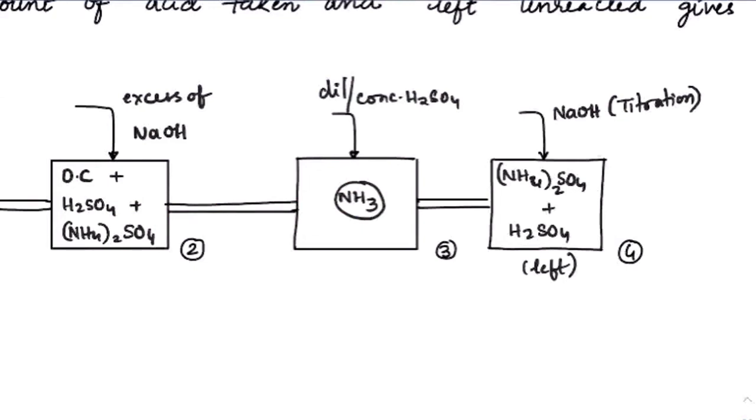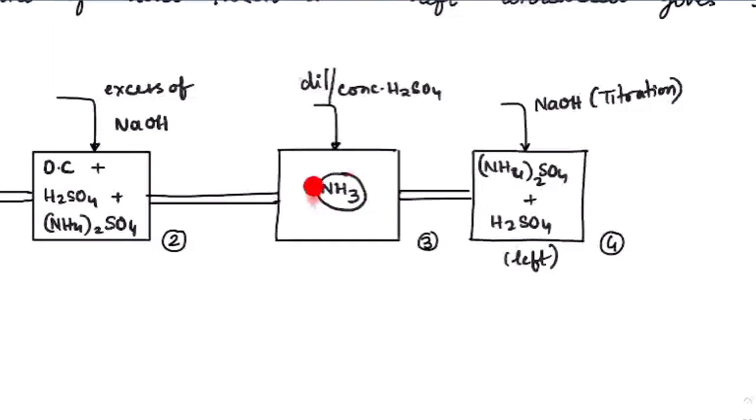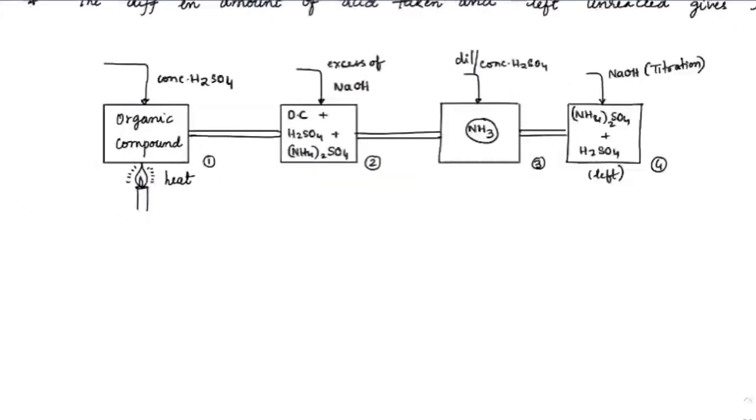Listen to me carefully, everyone. This ammonia which has come from the organic compound is reacted with this H2SO4, right? The entire ammonia will get reacted with H2SO4, which means ammonia is the limiting reagent. So the number of equivalents of this ammonia will be equal to the number of equivalents of this H2SO4 minus the leftover H2SO4, because there is some extra H2SO4 that might be present as well, which was titrated with NaOH. Let me show you on an equation basis how that might be.